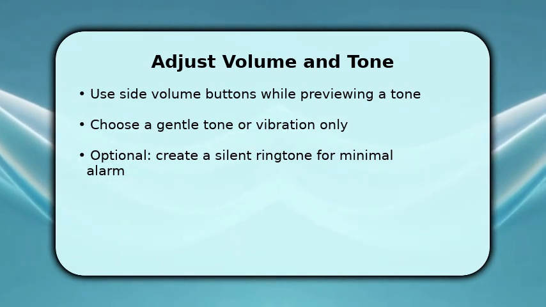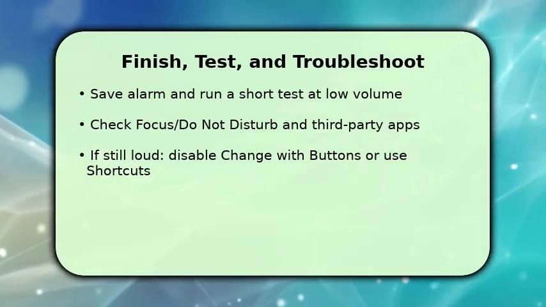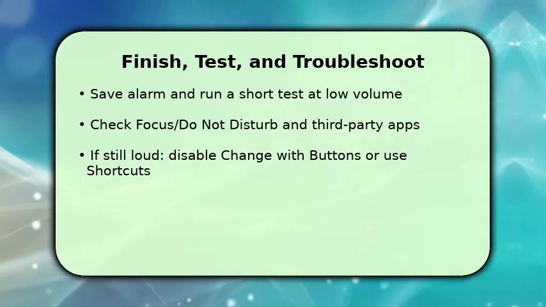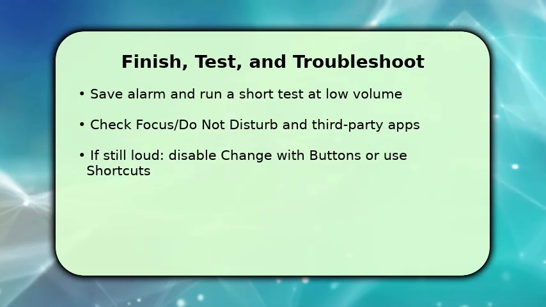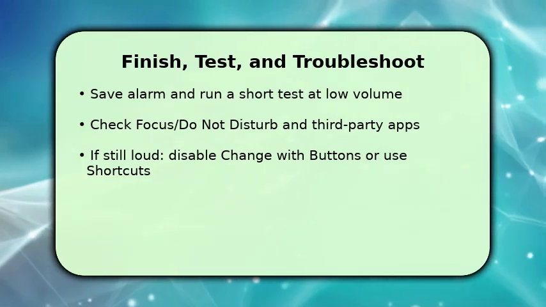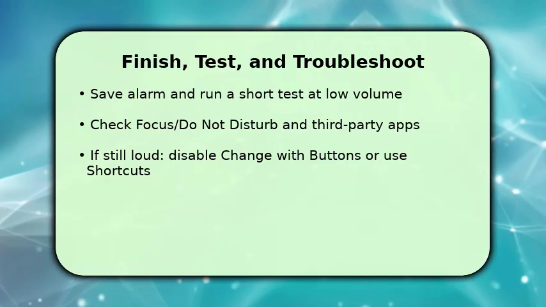Make sure Focus modes or Do Not Disturb aren't altering behavior, and verify third-party alarm apps aren't used instead of Clock. If the alarm remains unexpectedly loud, disable Change with Buttons to lock the ringer level, or create a Shortcuts automation that sets volume to a specific level before your alarm time. Troubleshooting tip: if headphones